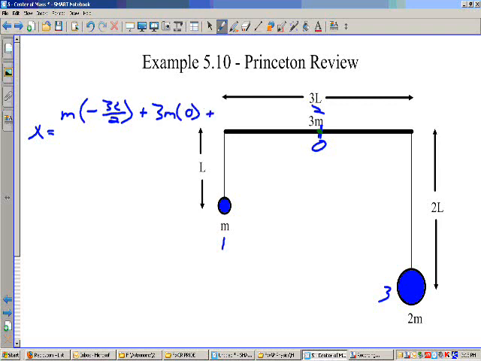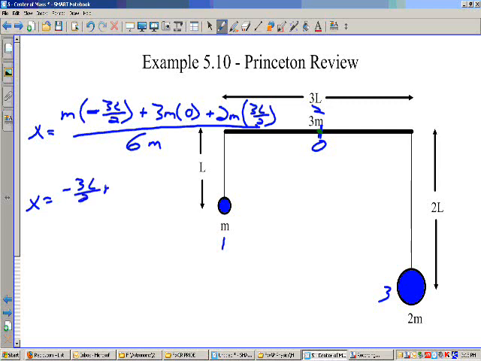My third mass has a mass of 2m, and it's located at half of the 3L distance, so I'm going to put 3L over 2. This is a positive distance. The first one is in the negative direction, that's why I put the negative sign. Divided by my total mass: m plus 2m plus 3m is equal to 6m. And so my x-coordinate for the center of mass works out to be negative 3L over 2 times m, plus 0,